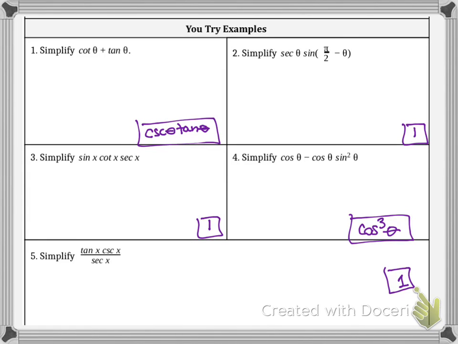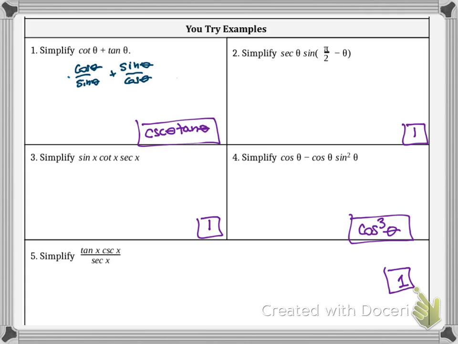So here we have cotangent of theta plus tangent of theta. So cotangent, we remember, is cosine of theta over sine of theta. And then tangent of theta is sine of theta over cosine of theta. So if we remember back to when we were adding fractions, adding rational expressions, you need to have a common